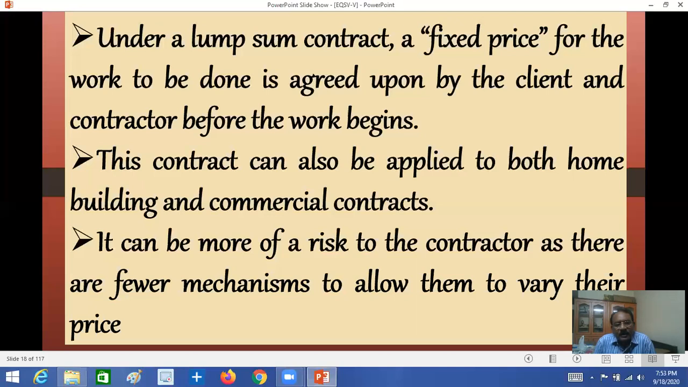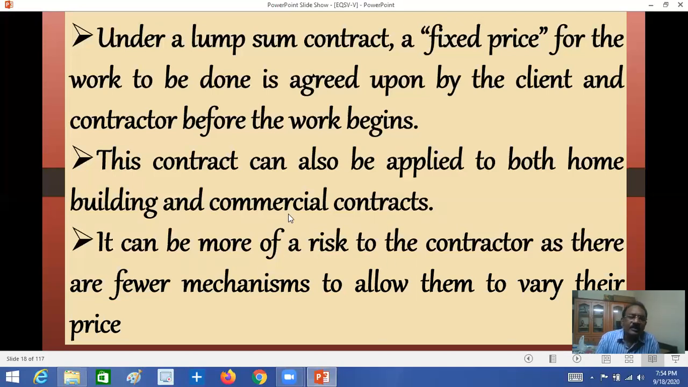This contract can also be applied to both home building and commercial contracts. It can be more of a risk to the contractor as there are fewer mechanisms to allow them to vary their price. So here, if there is a sudden change in, like, cement or steel prices,